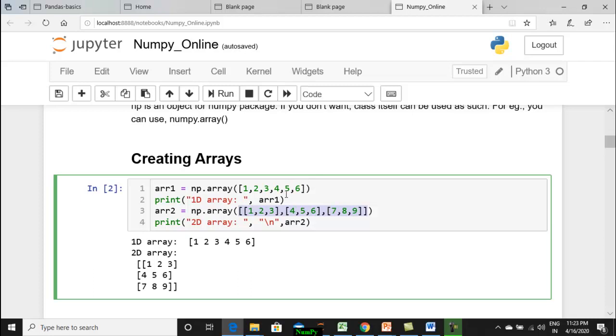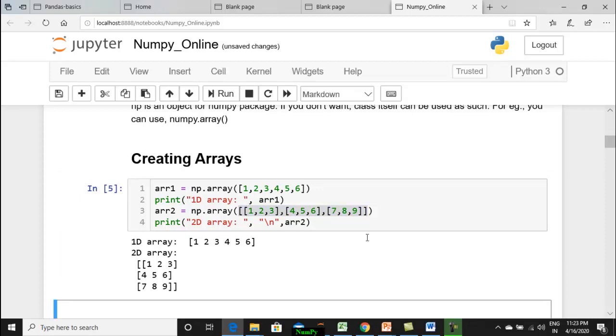So 1 2 3 forms the first row, 4 5 6 the second row, 7 8 9 the third row, and hence the structure of this array is 3 cross 3. If you run this code, you can see the first array, ARR1, is 1 2 3 4 5 6. The second array is a two-dimensional array, represented in a matrix format.